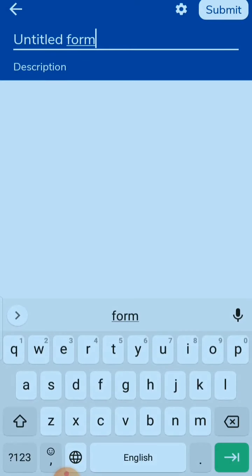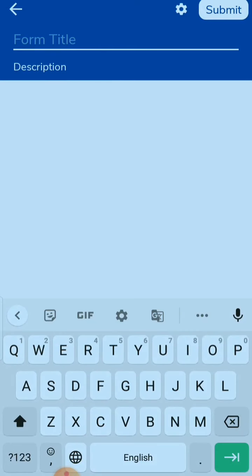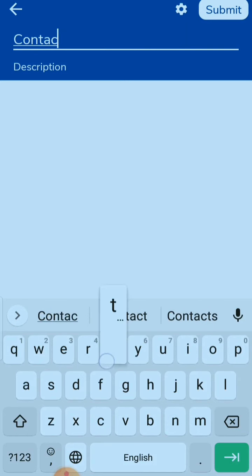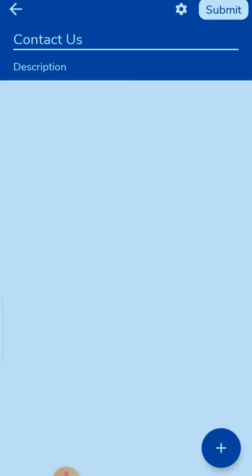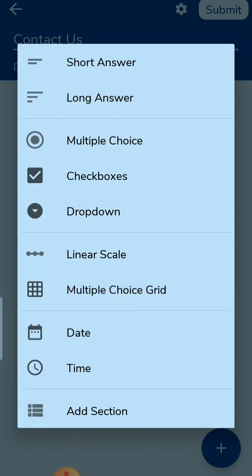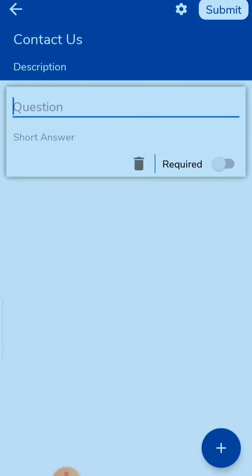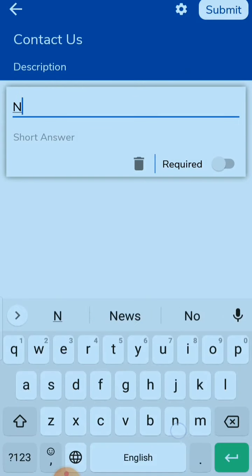Here you have to type the form name, like contact us. Next you have to add your entries. Click on plus if you are adding a short answer, then you can click on short answer. There are so many options to choose from, but we are going to create a contact us form, so simply name.